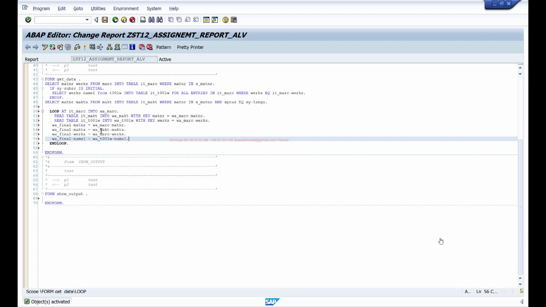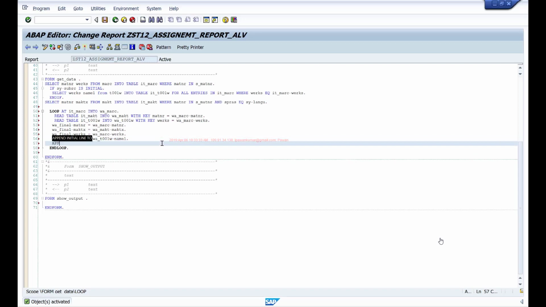So I'm moving all this data from three different tables into one final internal table. Then I'll append WA_final to IT_final. In each loop I'll be adding one row to this. Whatever we are printing in the output, the same data will be added to this IT_final internal table.